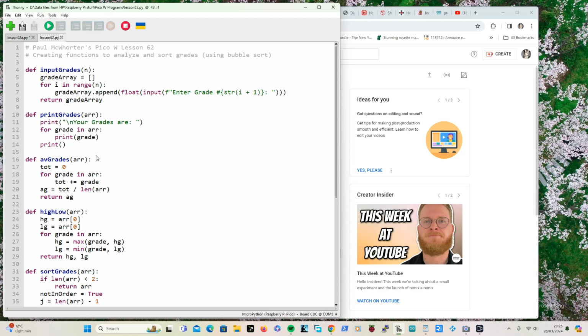Simple, simple, simple. And then in print grades, I've got it slightly different, as opposed to a lot of people who might put for i in range length of array, you print the array square bracket i square bracket. I mean, that is a neater way of doing it, according to me. Then the average grades, you're just going through for each grade, adding it into the total, and